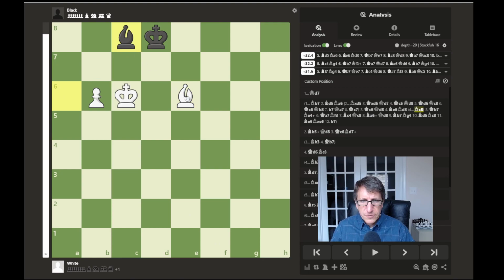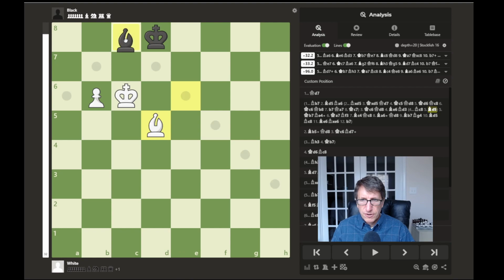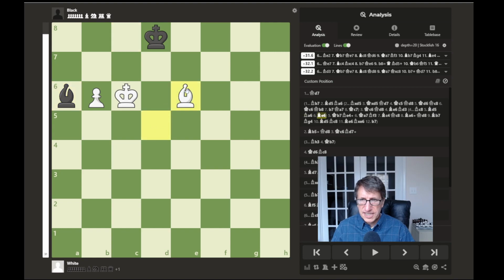So here it looks like bishop to d5 is the best move. And then after bishop to a6 or king to e7, but we'll say bishop to a6. Well, then you have bishop to e6, and I don't know, this still looks quite difficult here. So bishop to e6,